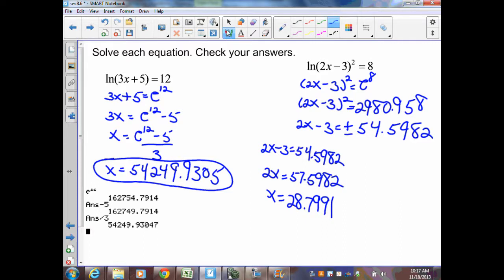My next equation is going to be 2x minus 3 equals a negative 54.5982. I'm going to add 3, and 2x will equal a negative 51.5982. Divide by 2, and I get x equal to a negative